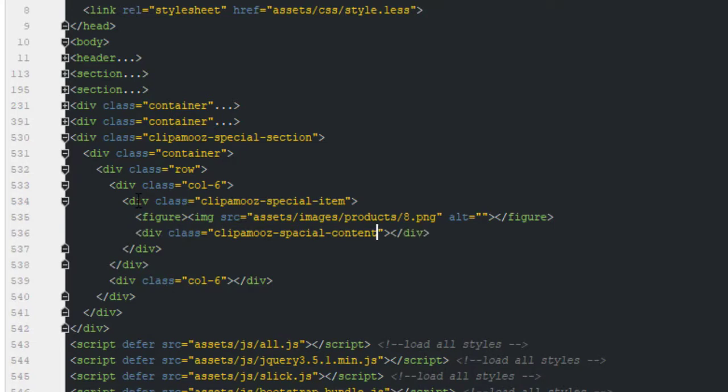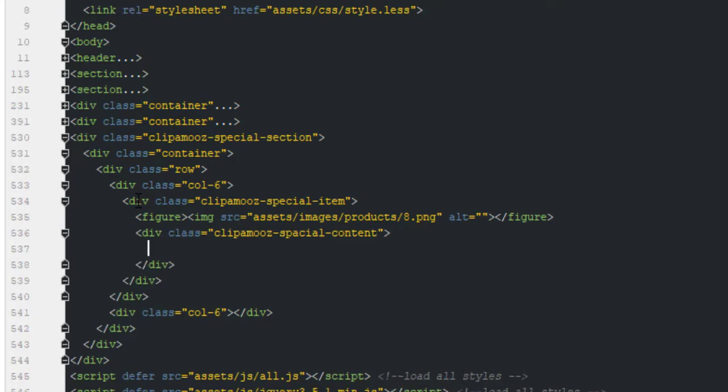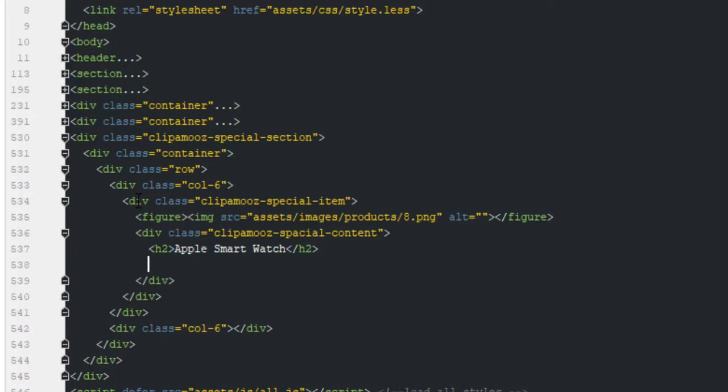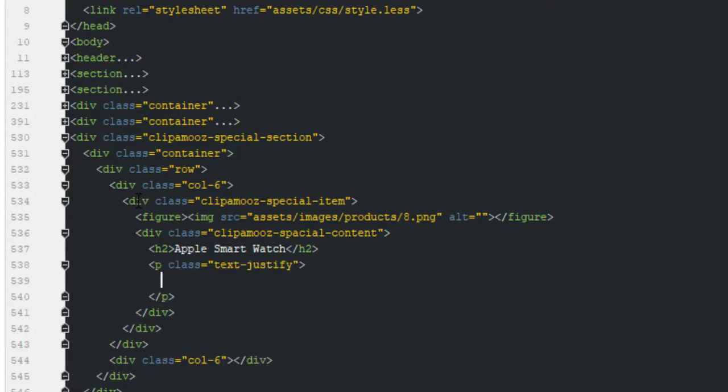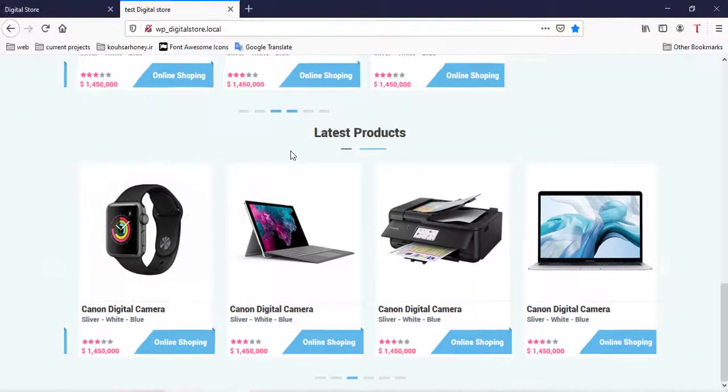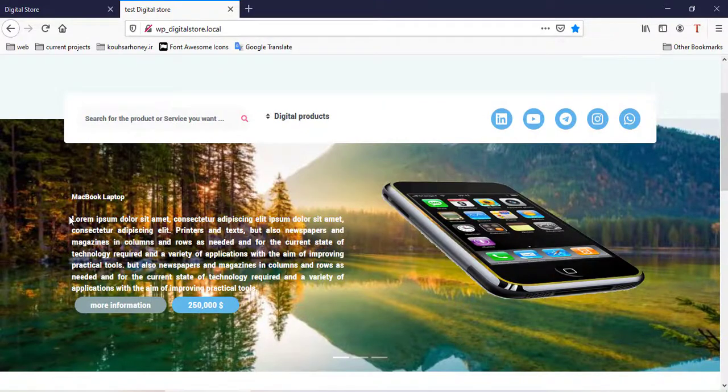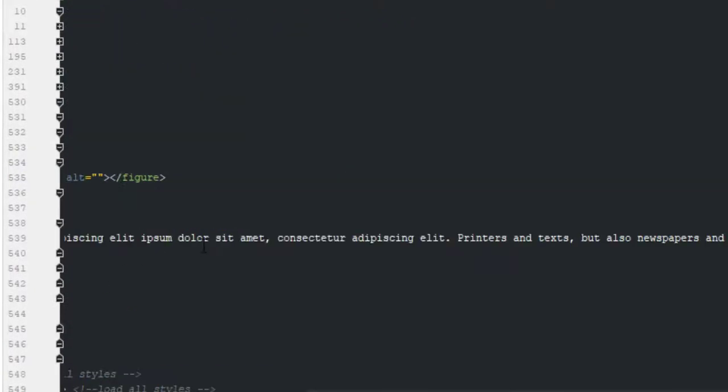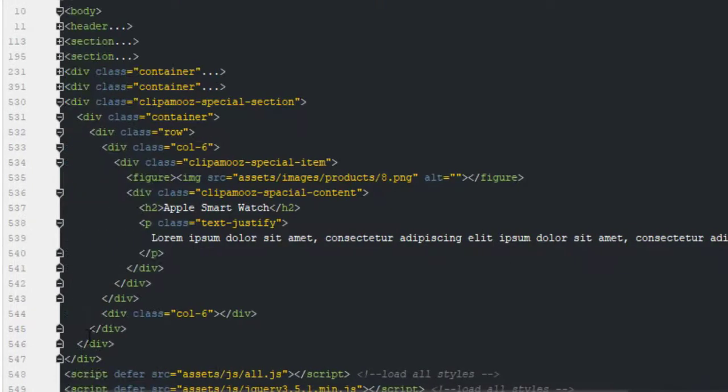In this clip on mood special content, add, for example, H2 Apple Smart Watch. After adding H2 Apple Smart Watch, add P class text justify, in this paragraph copy, for example, lorem ipsum, copy and add. Okay,